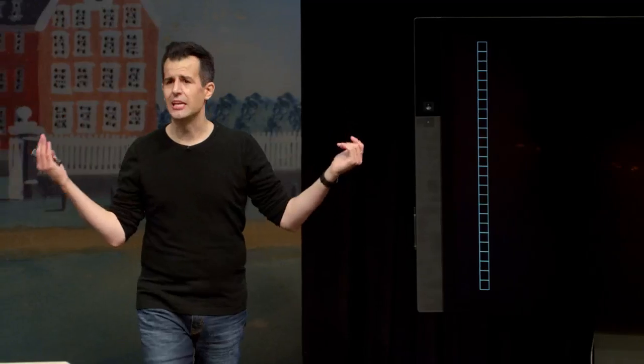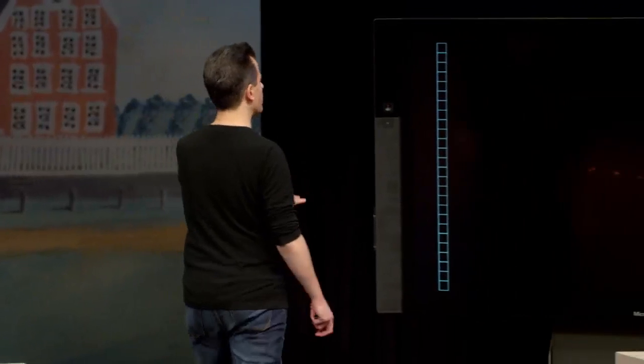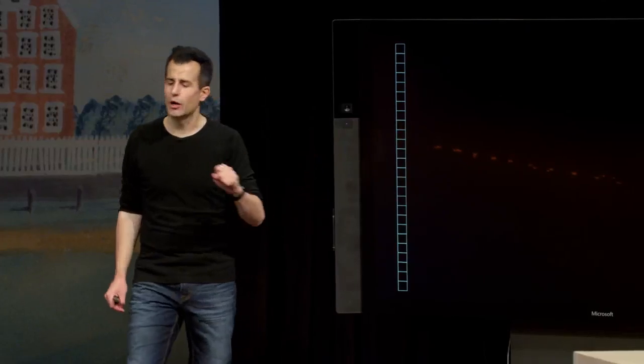Let me propose that we first start with an array of size 26. And I'm going to start drawing my arrays vertically just because it works out better pictorially. But again, these are all artist renditions anyway. Even though we always draw arrays left to right, that's completely arbitrary. So for now I'm going to draw my array top to bottom. And suppose that the data structure I care about now